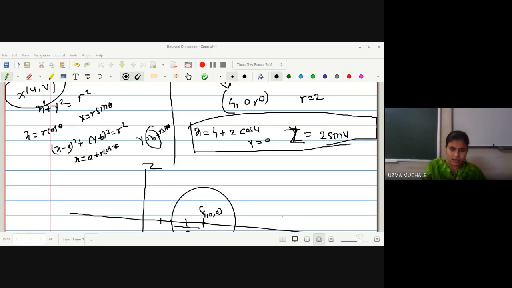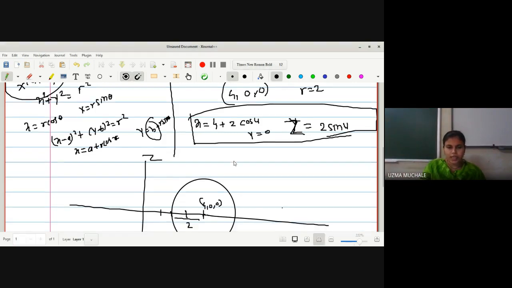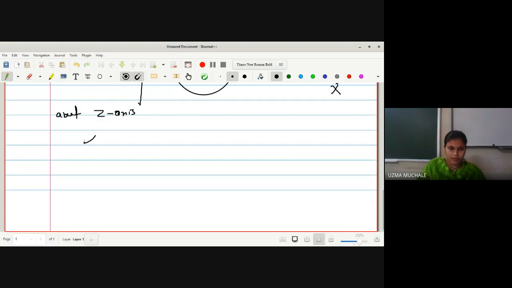Now we have a circle in xz plane, so we can write down the profile curve alpha of u will be of the form as it is with x and z. So I can write down, suppose here is h of u 0 and g of u. Okay, आपका सर्कल कैसा है? x minus 4 its square plus z square equal to 4. So it is in xz plane. So x coordinate and z coordinate we will write down, and y coordinate is 0.